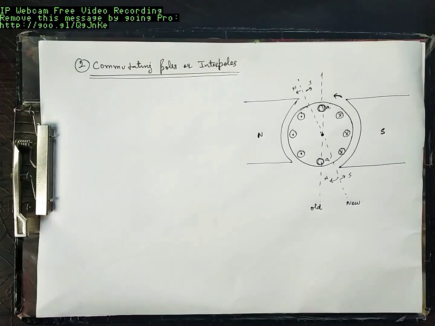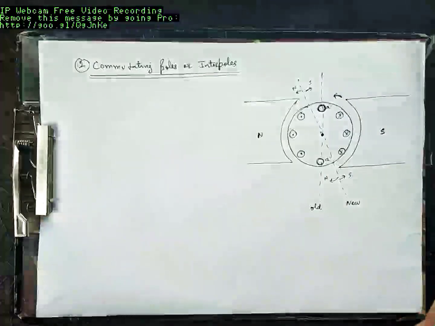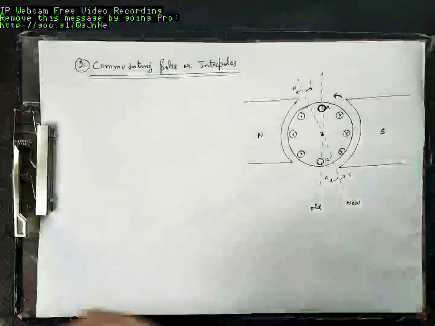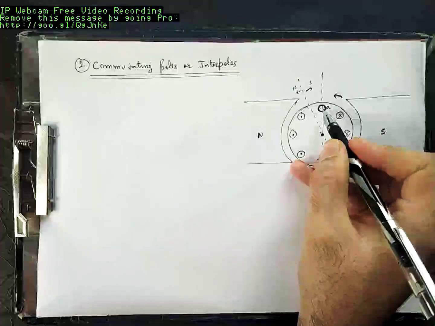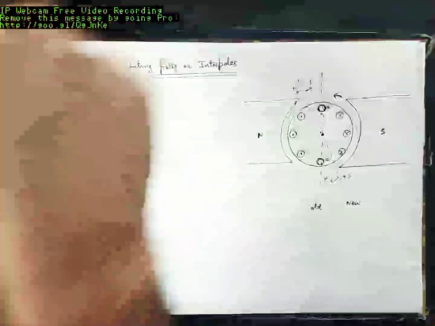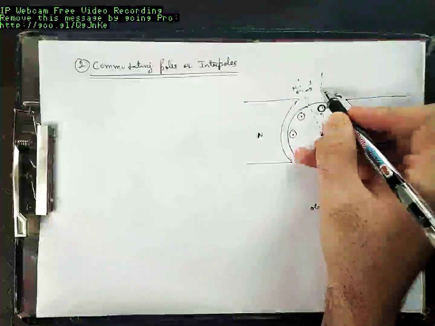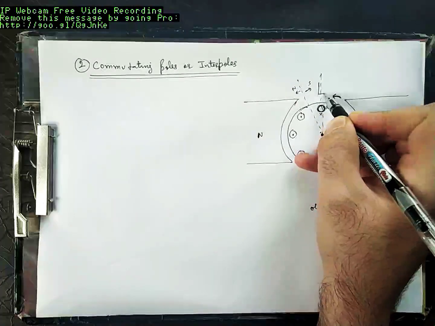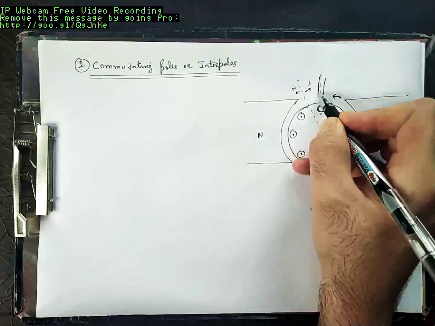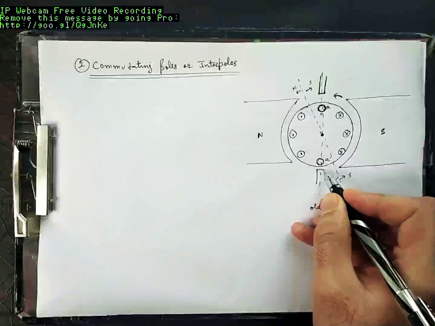The first method we discussed. The second method is, since this end comes under the south pole, so this will have a cross polarity. If we use a small magnetic pole over here, a small magnetic pole over here,